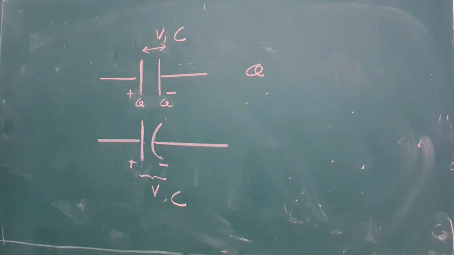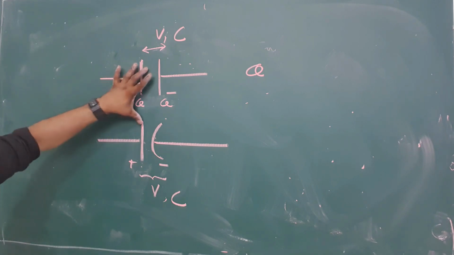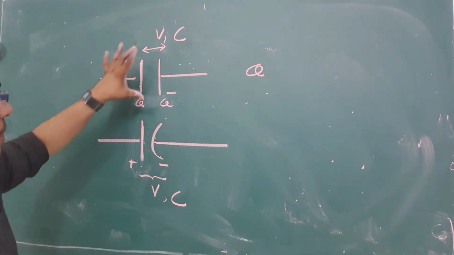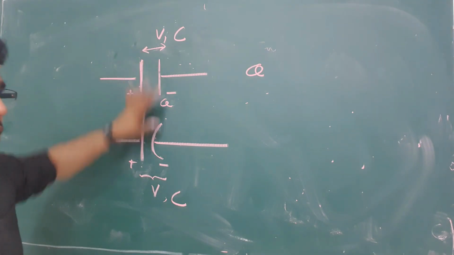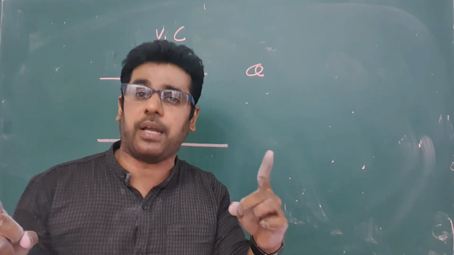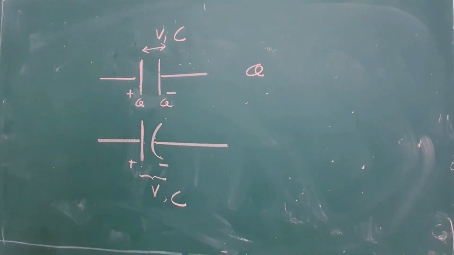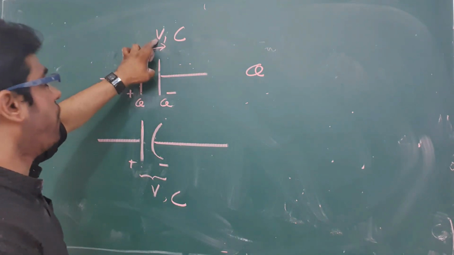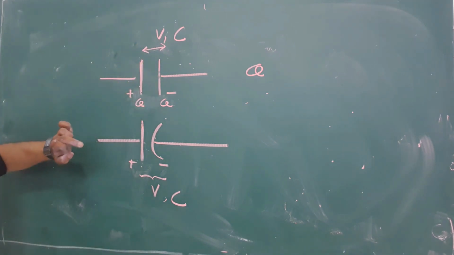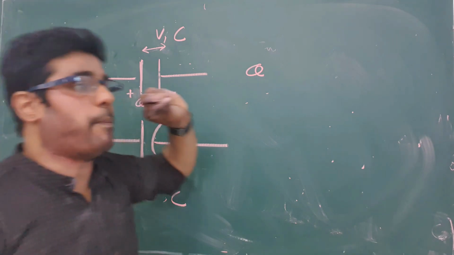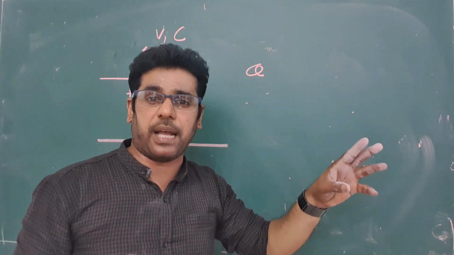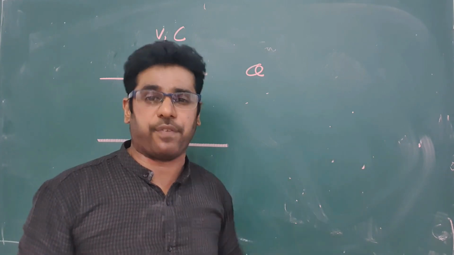These are the basic circuit symbols of capacitors or condensers. A capacitor has plus and minus. When you form the capacitor, you have to make plus and minus. C means capacity, V is the voltage difference between the plus and minus plates, and Q means charge. When the capacitor has Q charge, that implies the positive plate has plus Q and the negative plate has minus Q.